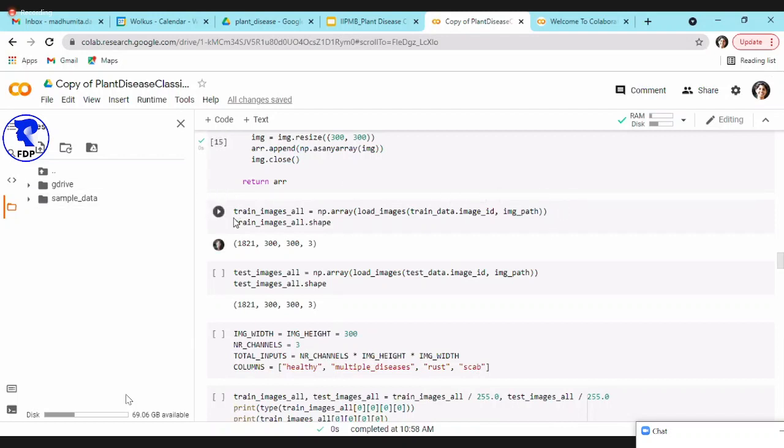So yeah, so here, now I have loaded all my train images, and it's an array. As I mentioned, each image is of size 300 by 300, and it has 3 channels, RGB. So that's why the shape of all the images, like we have 1821 images and 300 into 300 into 3 features, which is like 27 followed by 4 zeros. That makes it 270K features. That's a huge feature size. So that's why this will take some 10-15 minutes.